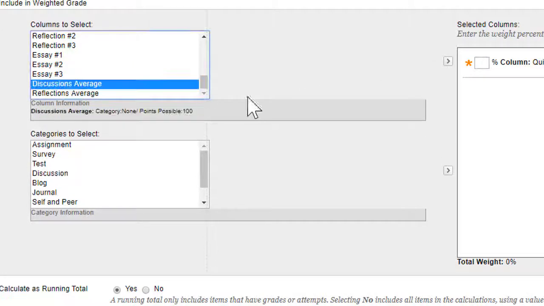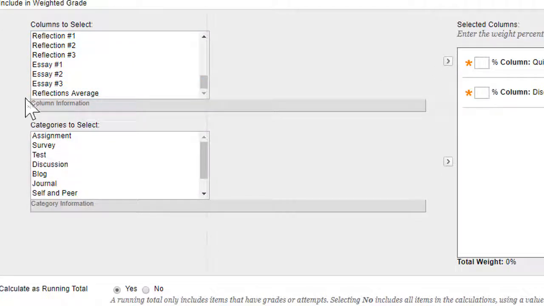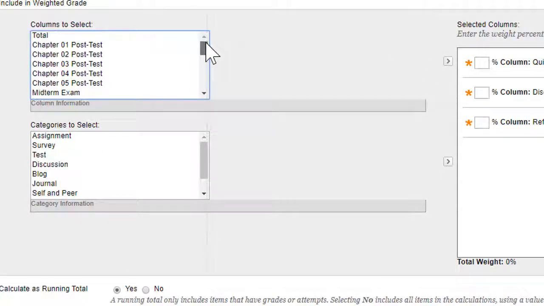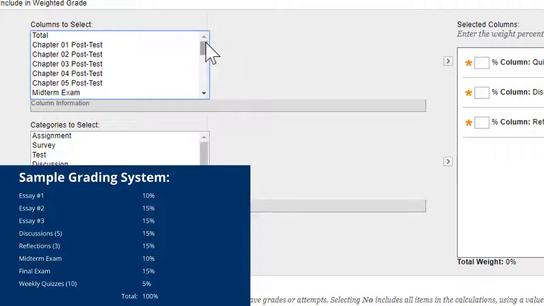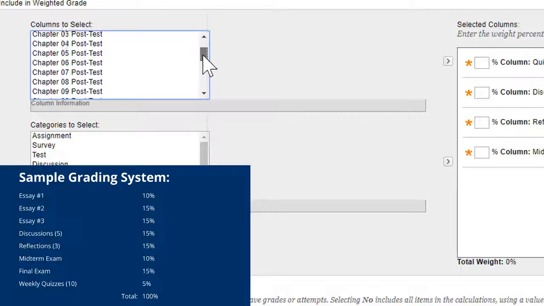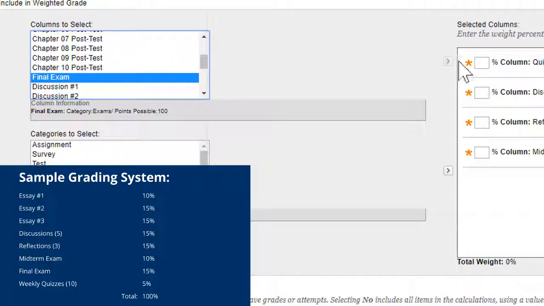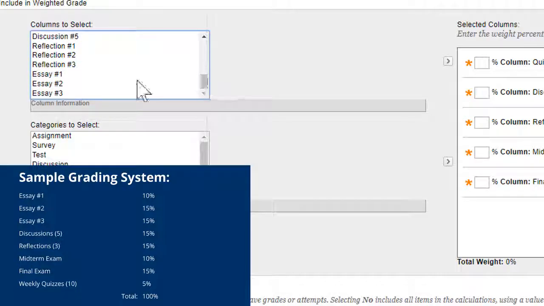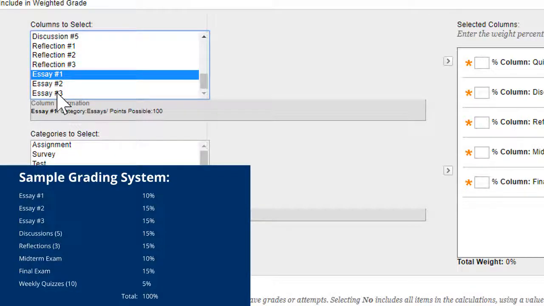And while I'm down here, I'm going to grab the discussions average and the reflections average. But I also have individual items that I want to add. So I have the midterm exam, I have the final exam, and then I have these 3 essays.